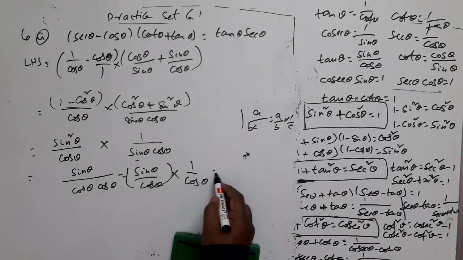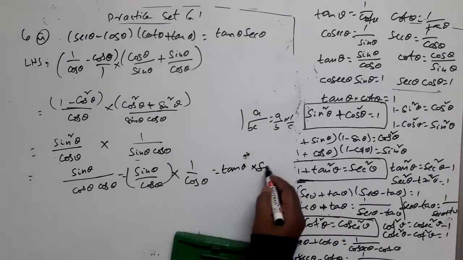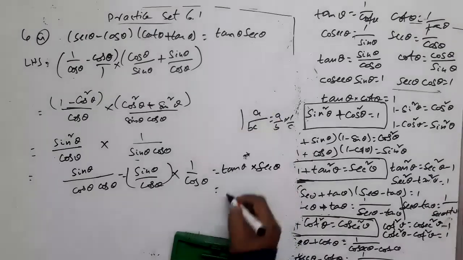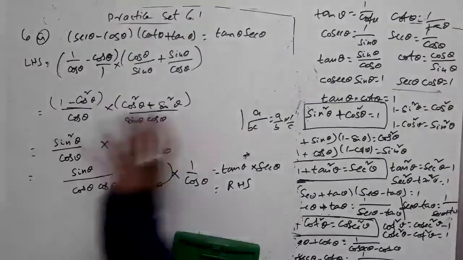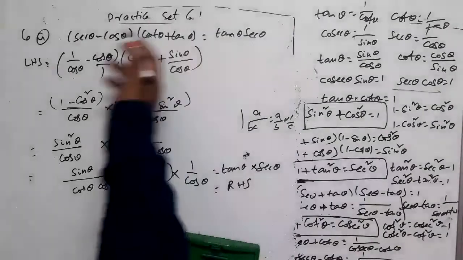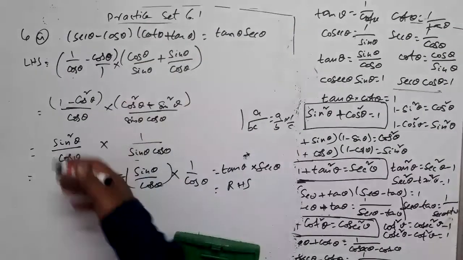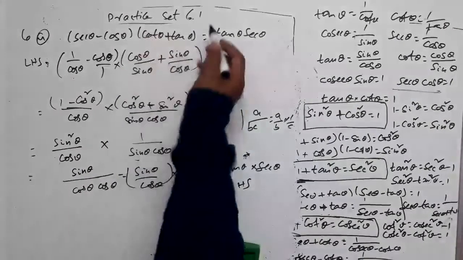Tell me now. Sin theta by cos theta is tan theta. 1 by cos theta is secant theta. So this is our right hand side part you have got. Right? Yes. Here what we have done is simply converted the left hand side part completely in terms of sin theta and cos theta. Yes. Simplified. But this part will be useful, we will see.